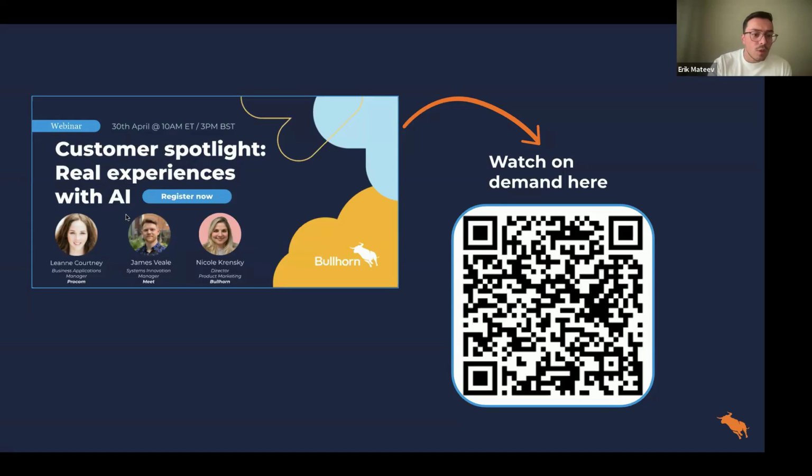All right. Another question: how do we enable AI search and match? AI search and match was launched not too long ago. It's new technology, so reach out to your account manager if you're already a Bullhorn customer. If not, drop your details in the interest form, and we can make sure to reach out to you and walk you through what that looks like in a deep dive and how you can get it enabled.